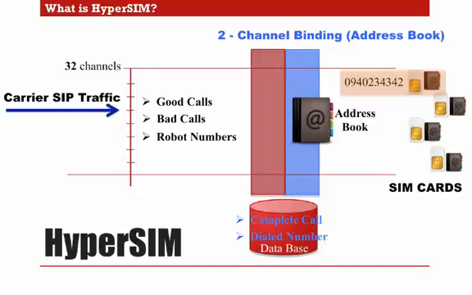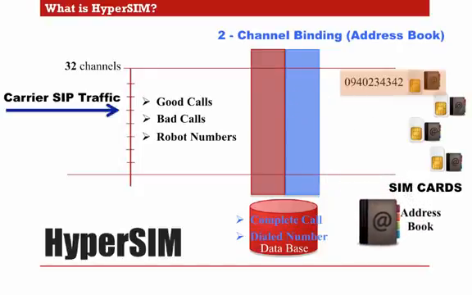Also, all address book bind information will be stored in an address book database, letting you search any bind number either to a specific GSM module or a specific SIM card. Hypersim database can give information from which VoIP channel a specific number comes from and from which module and SIM is going out. And also as optional, channel binding configuration will allow you to bind more than one module to the same address